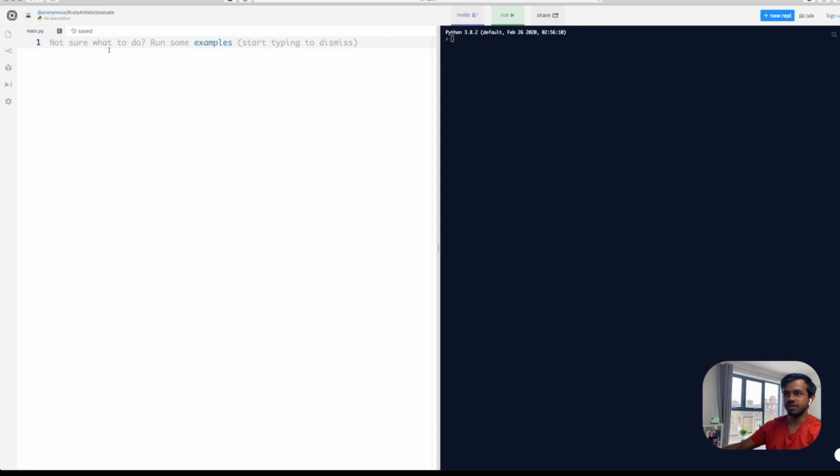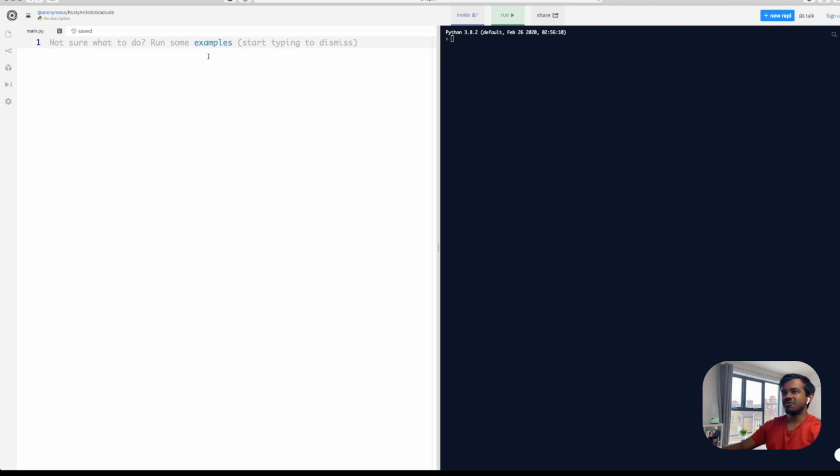Now this text is bigger now, which is quite cool. Unfortunately, there isn't a way to make this text bigger. So REPL, if you are watching, you do need to make that bigger, please, because it's quite small. Do let me know in the comments if that is an issue. Hopefully it's not too big of an issue. But yeah, do let me know if it is.